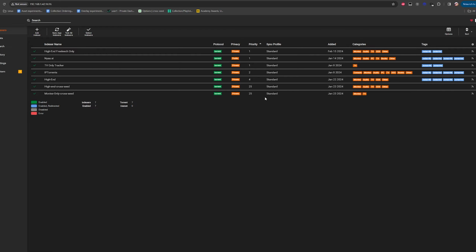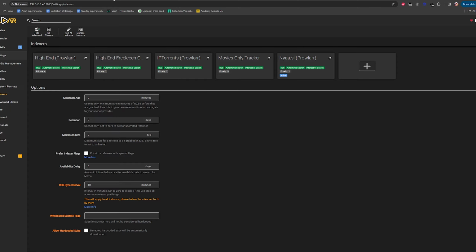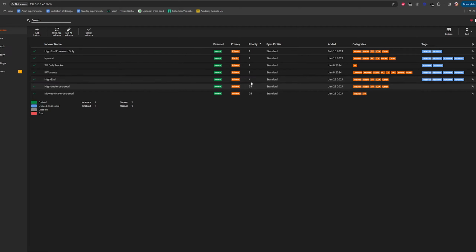Now, if the movies only tracker doesn't have the movie, or let's assume the movie release is between, let's say, BitTorrents and the movies only, in this case you can't see it, it would be 3, it would be in between these two. Remember, there's one in between these that you can't see because I had to add it in Radarr manually, so that there could be something to do with the site specific stuff for, let's say, Ultra HD bits.